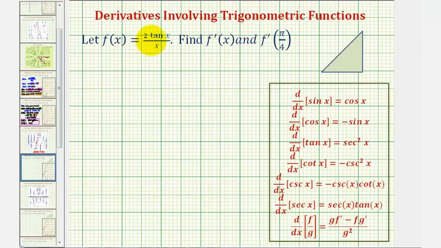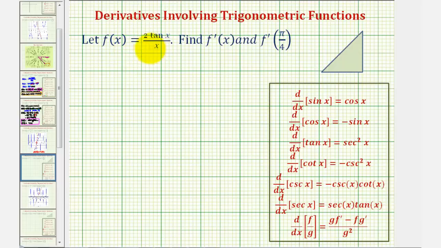We're given f of x equals 2 tangent x divided by x. We want to find the derivative function f prime of x and f prime of pi divided by 4. Because our function is a quotient, and this quotient will not simplify, we'll have to apply the quotient rule to